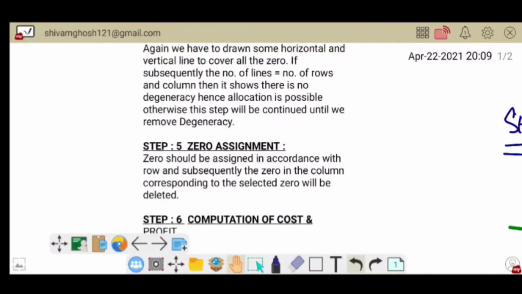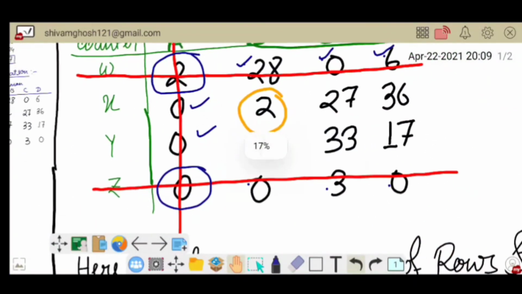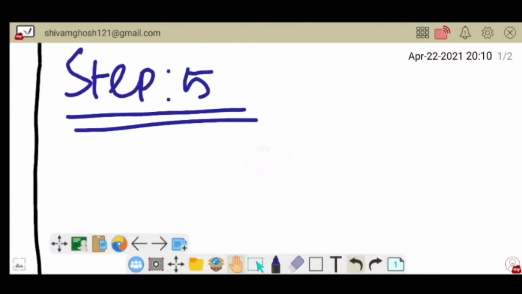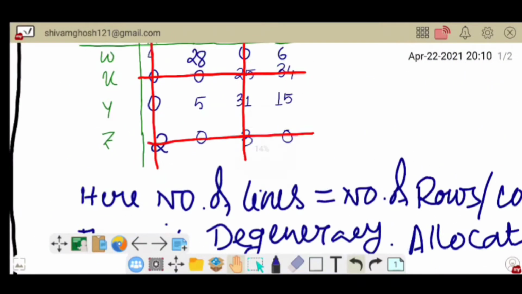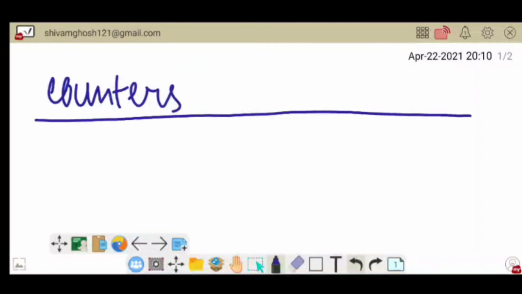At first we have to draw the matrix we created in step 4. So let's draw the matrix with counters and salesman.